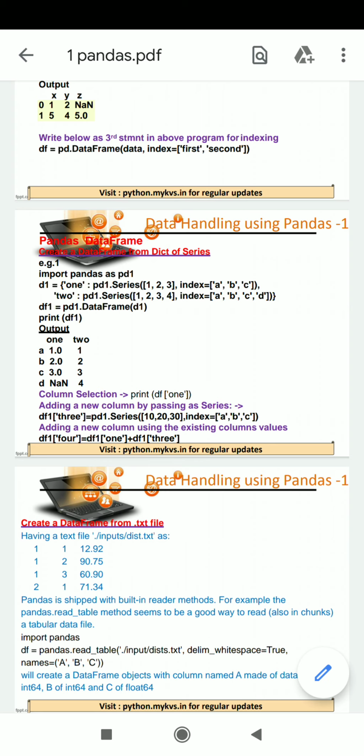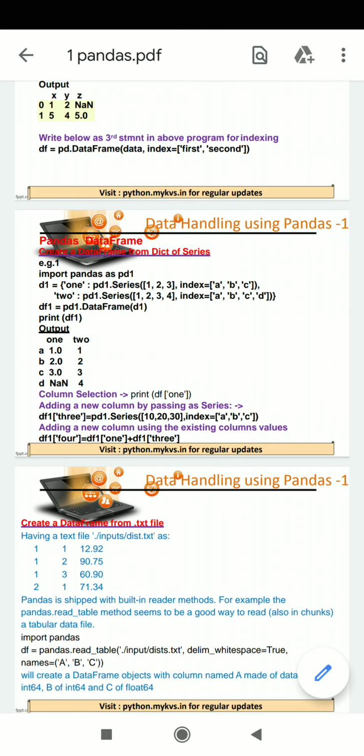In 1 there are 3 values 1, 2, 3, and we are mentioning A, B, C as their labels. Then the 2 column holds values 1, 2, 3, 4 and their labels A, B, C, D. So students, you will be finding that the first column is not having label D, and that's why under that column and that particular label, 1 and D hold the value NaN, whereas in 2 we are having values 1, 2, 3, 4.